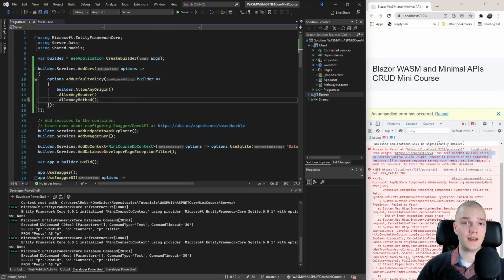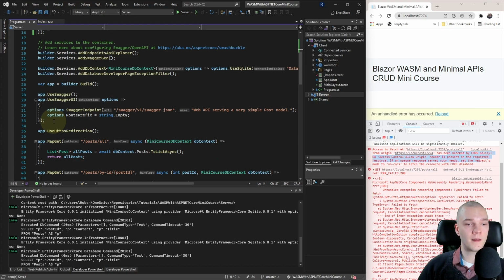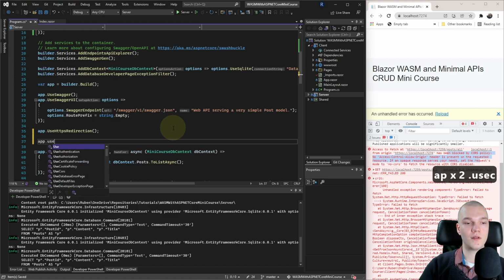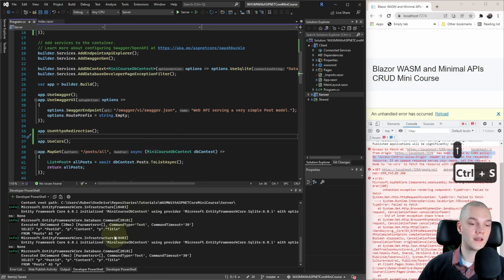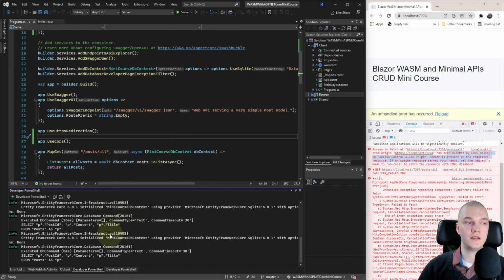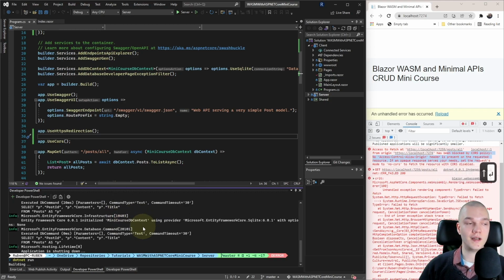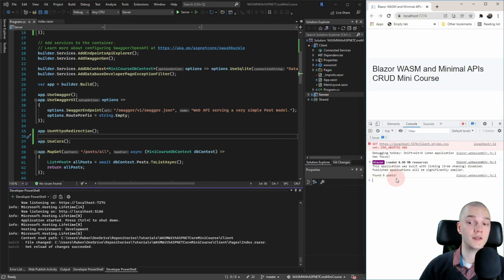Save that. Right, and now let's add it to the middleware so it's actually used during HTTP requests. So around line 34, below UseHttpsRedirection, I'll add app.UseCors and save that. And now I want to restart the server project. So in the terminal I'll do Ctrl+C and up arrow and enter. Alright, so if I now refresh in the browser, we see in the terminal we get "Found 6 posts".